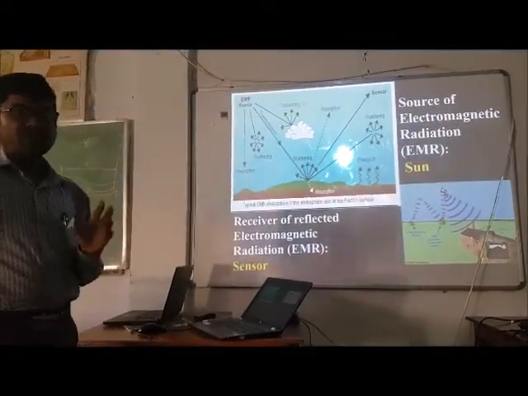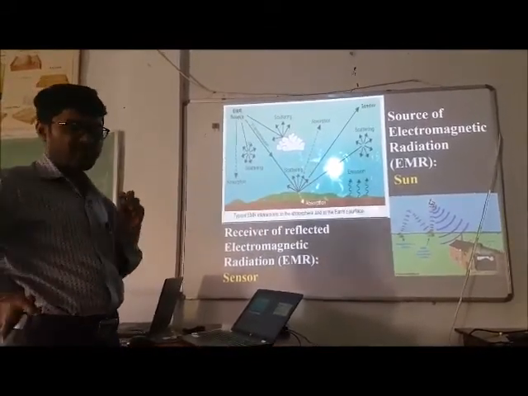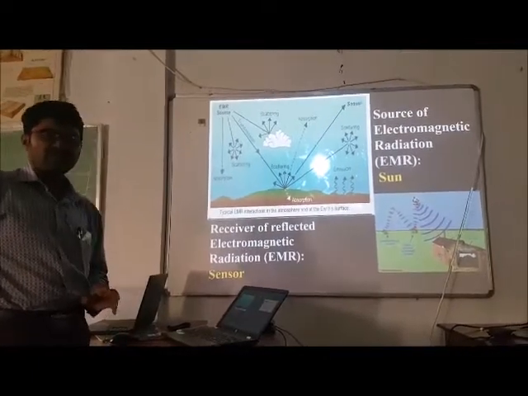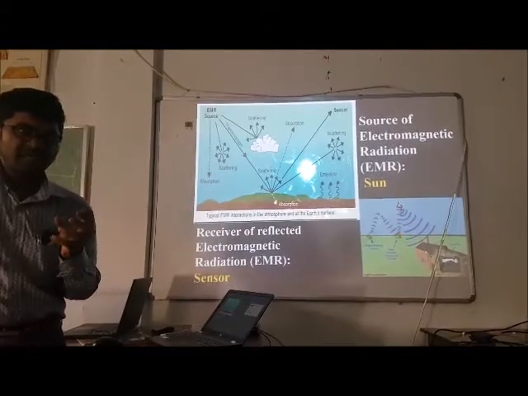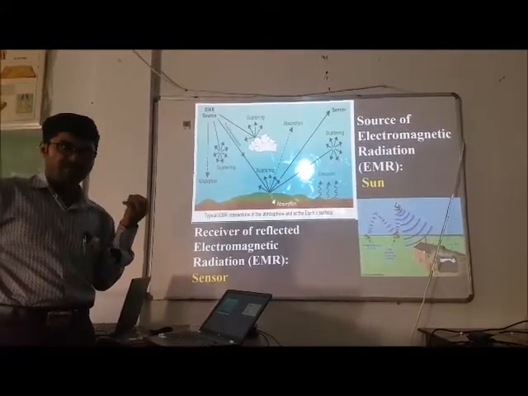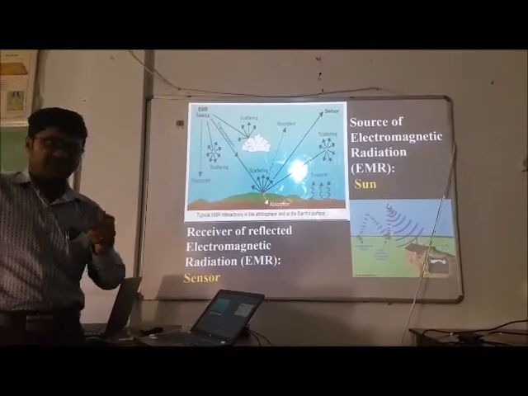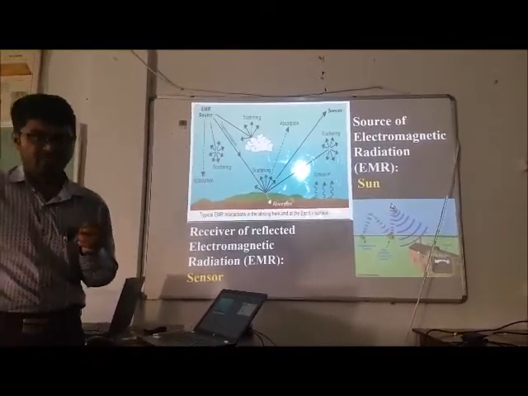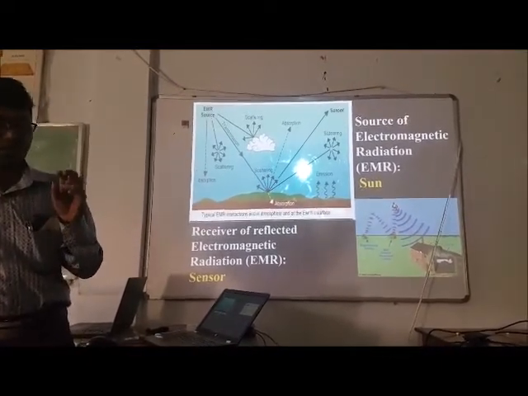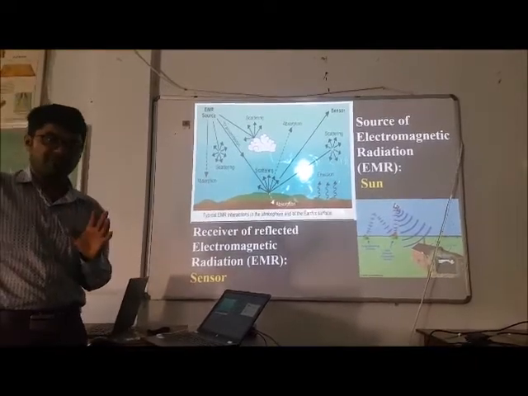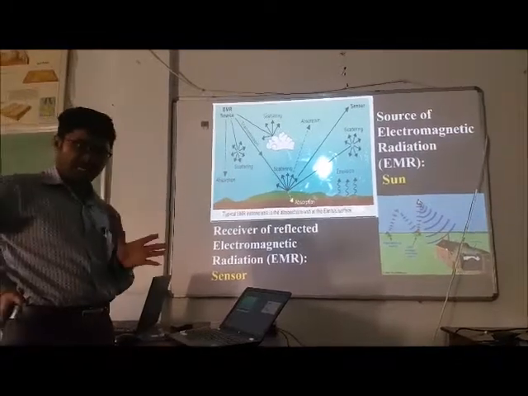How does remote sensing work? The source of energy is very important because the sensor captures the radiating energy from an object. If there is no energy, then no data can be captured. The source of energy is mainly the sun.